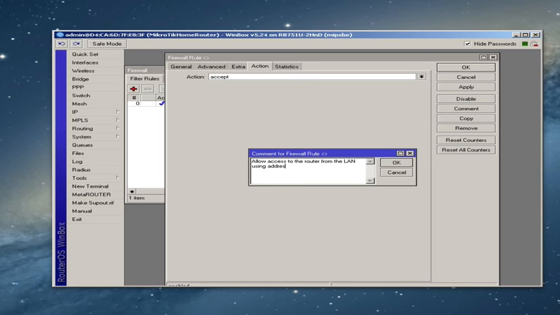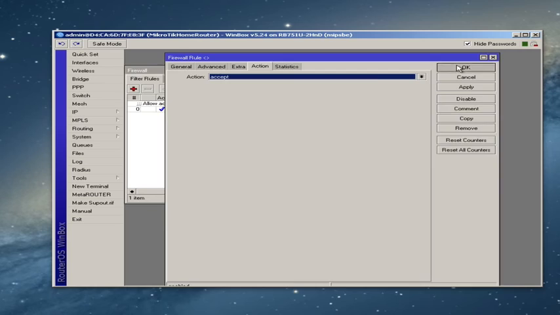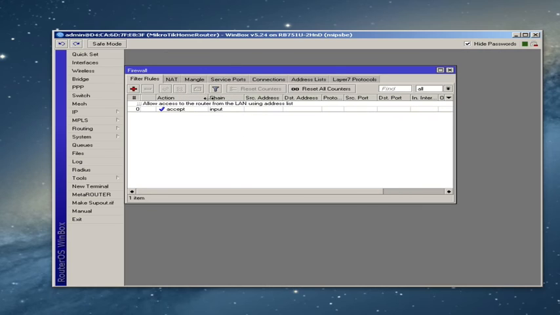Now, I like to add some additional information here as well, like "allow access to the router from the LAN using an address list." And this helps remind me later that if I want to allow other addresses, I'll just simply look for the address list that is referenced in this rule. And I'll hit OK. So this rule is going to protect the router, but only if we add a second